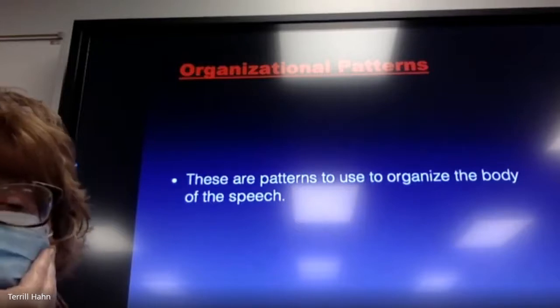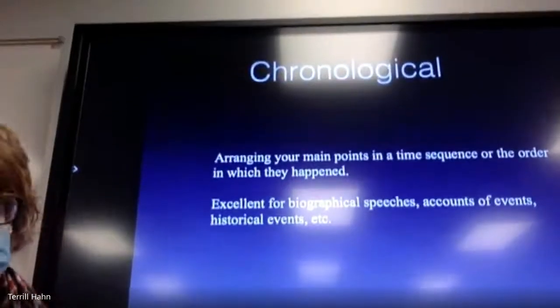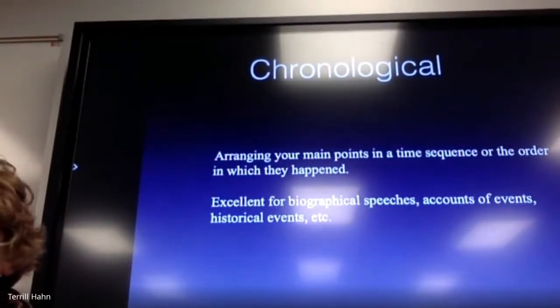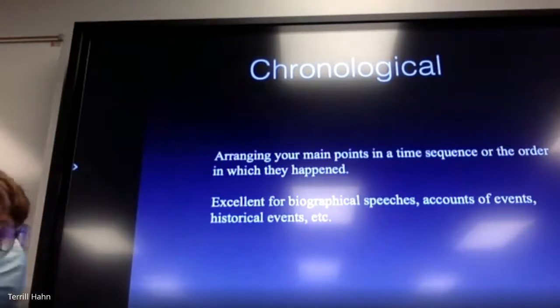Okay, so the first pattern is chronological. You're arranging your main points in a time sequence or the order in which they happened. It's great for any kind of biography type speech topic, accounts of events, historical events, anything like that. Let's say you're going to do a speech on the sinking of the Titanic. And so you're going to arrange it chronologically,